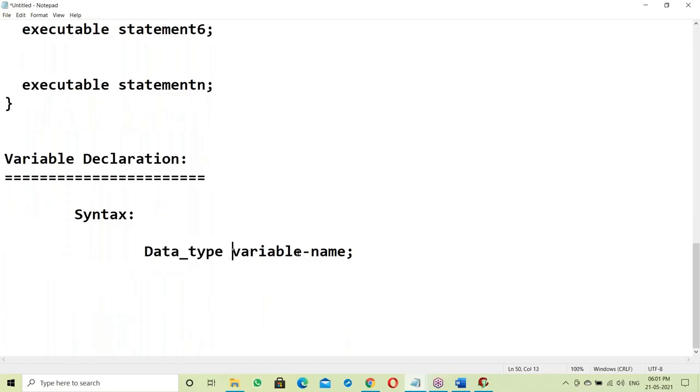So what is a data type? What is a variable? We should discuss data types. Next class we'll start with data types. Once data types start, C programming starts. Next class we are going to write one C program. Writing the C program, compilation, all these steps we'll discuss one by one. That's all for today.